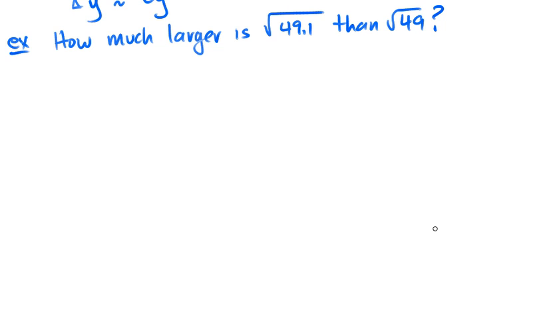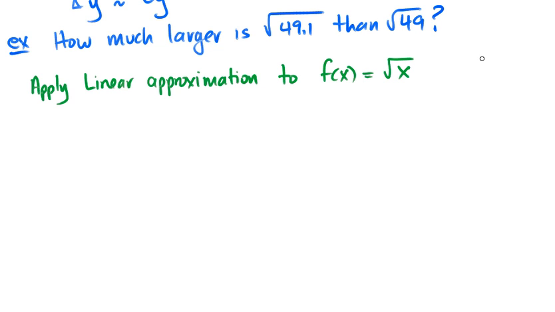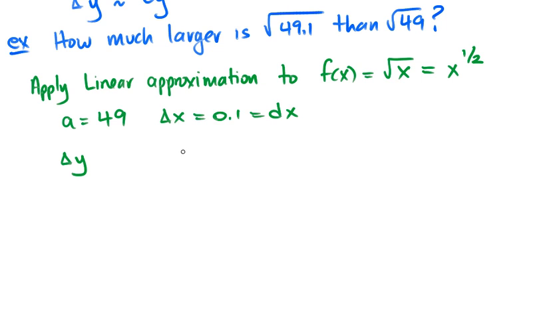First of all, applying linear approximation, we need to find a function that shows these two numbers, and the function would be the square root function, which can also be written as x to the 1/2. And we are starting with an a value of 49 and a change in x values of 0.1. So that's our dx. And our dy, using the formula from above, the f of a plus dx minus f of a,